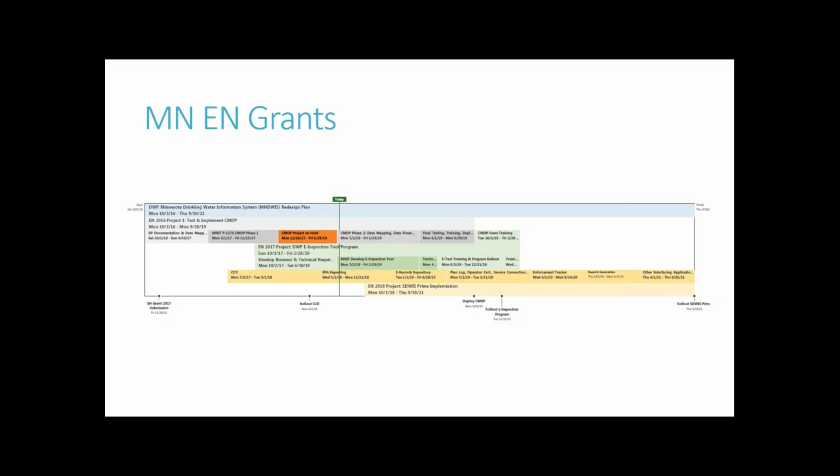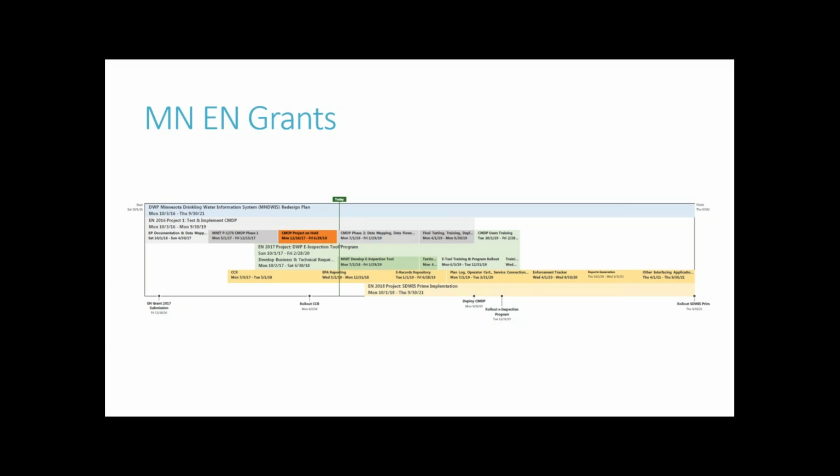And then we have operator certification, service connection fee, and data report, and all that supposedly go together with the third exchange network grant that we applied for last year, and we are hoping we are getting it. That lowest part is the Seaway Prime testing and implementation. So that will take us to September 2021, and then we will allow our legacy system to run an extra year, and then we are hoping to retire it at that time. So now I want to go back to the next slide.